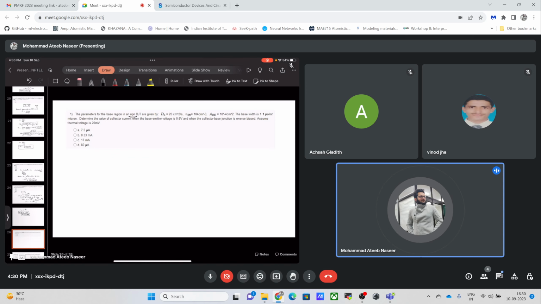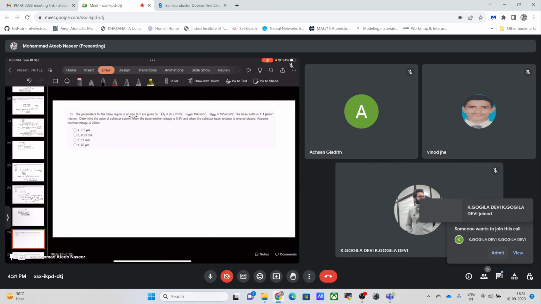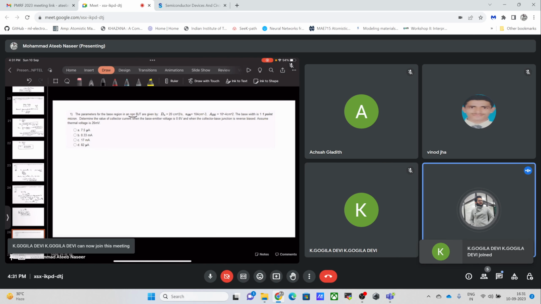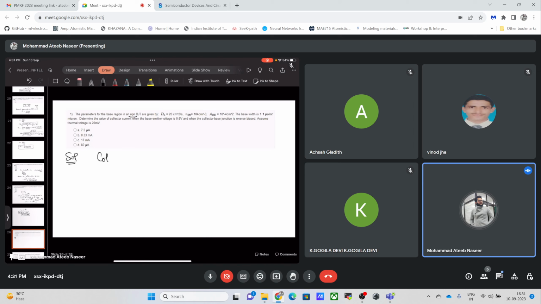We have been told to find the collector current value when the base emitter voltage, VBE, is equal to 0.6 volts. We have to find this when the collector base junction is reverse biased, and assume the thermal voltage is equal to 26 millivolts, which is the approximation we always take. Now if we solve for this,